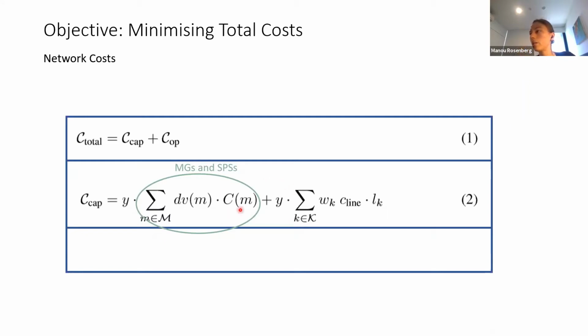And so that's a cost per microgrid that we have, and the microgrid has a certain size, and we have some diversification factor here. The idea behind that is that if we have a microgrid consisting of several consumers, then the cost per consumer comes down because they are sharing their loads and their generation. So this is the cost that occurs whenever we split a part of the network from the main